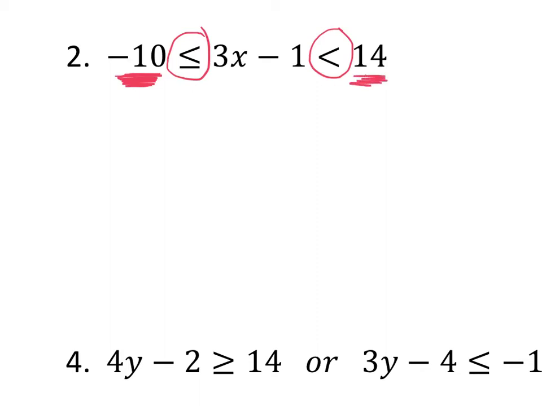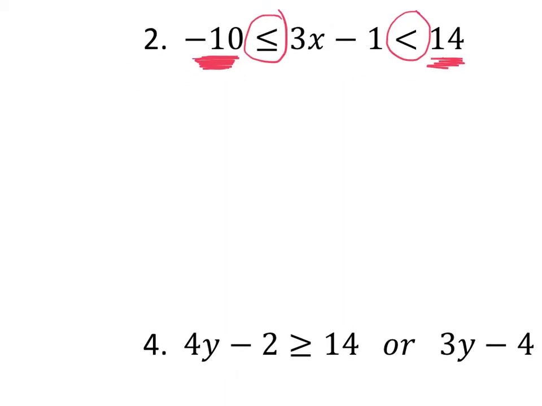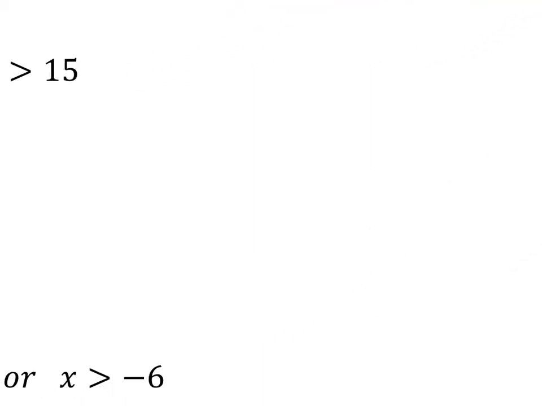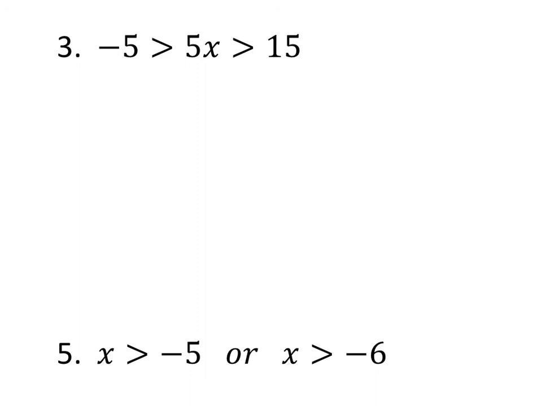Okay, let's look at number 3 now. When you're looking at number 3, these are not less than symbols. These are greater than. Is -5 greater than 15? No, it is not. We need to go ahead and switch this around. Okay, so we're going to just totally turn around, and actually if you notice that from the very beginning, that -5 is not greater than 15, and that's what it's saying here. This is actually going to turn out to be no solution, but let's go ahead and turn it around,